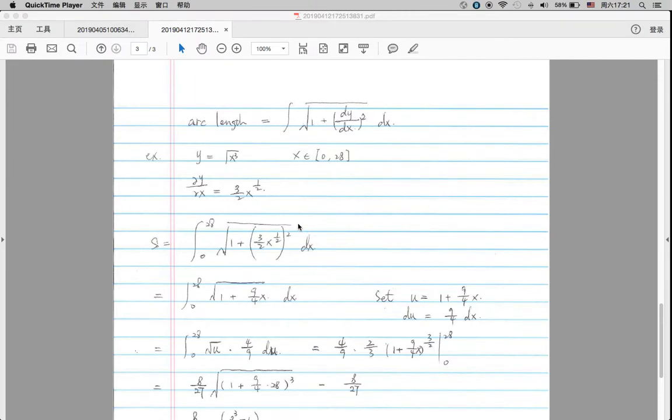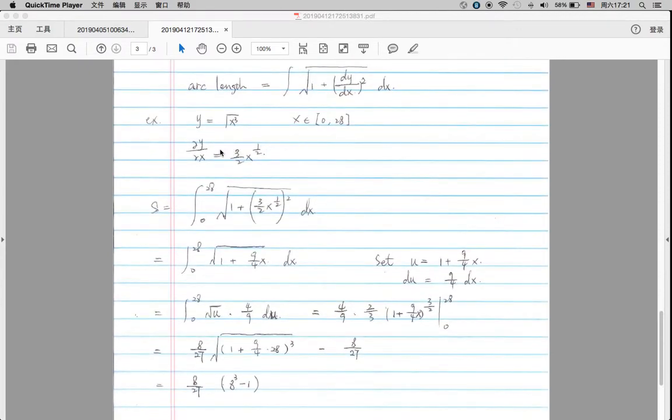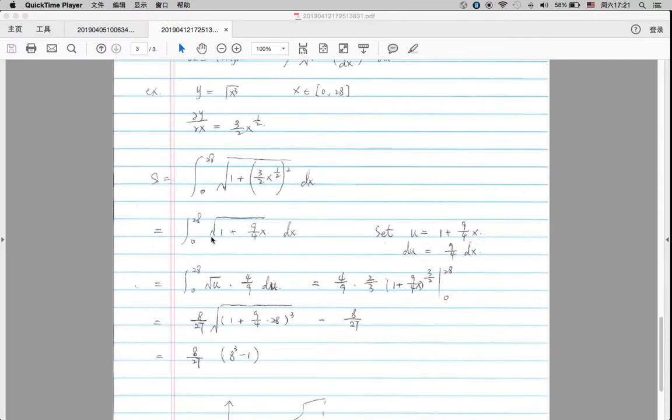Applying this formula here, we need to take the derivative of this function in terms of x. Basically that's just 3 over 2 times x to the power of 1 over 2, which is the square root of x. Then we substitute dy/dx into the formula here, and then we can calculate